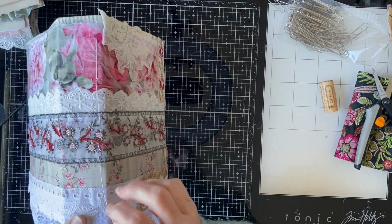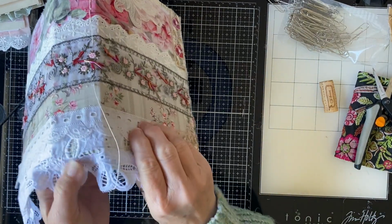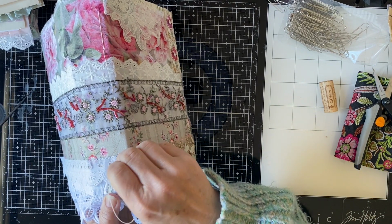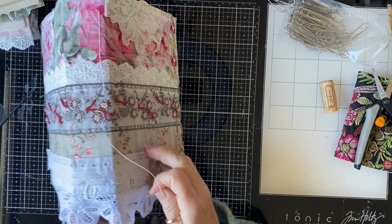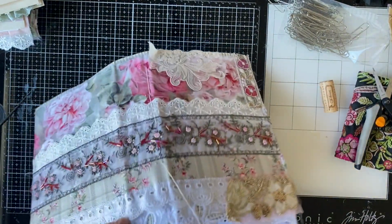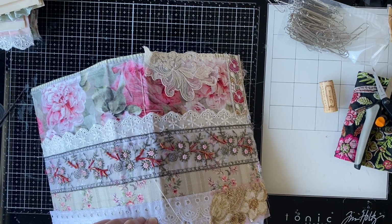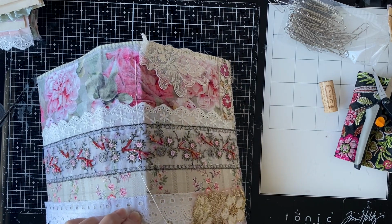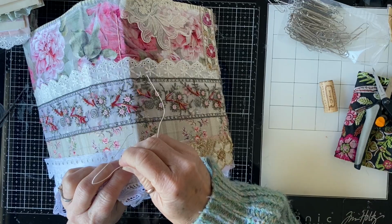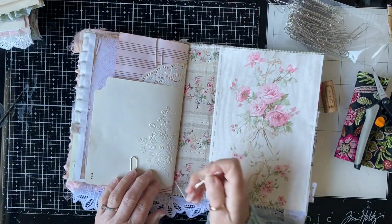So where are we? We're right there. Okay, let's see if we can find that. No, that's too far over. That's not the right one. Hang on a minute. There we go, that one. That's better. There. Okay, let's see if we can get it. There, right. Okay, so I'm through there, and then